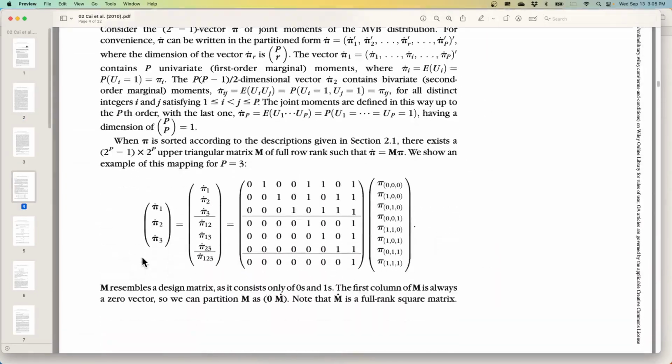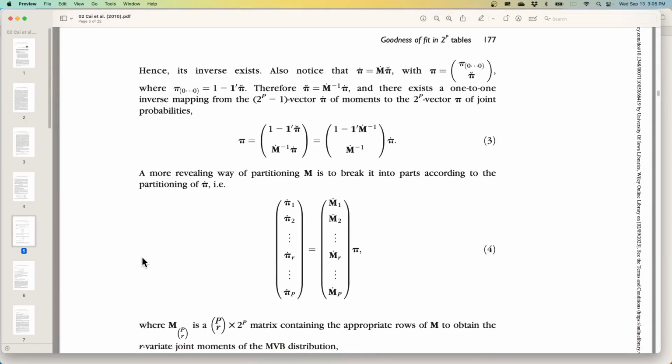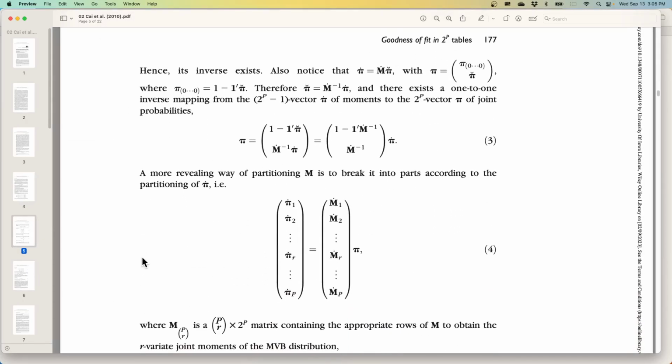But here's what comes next. You notice that they took off the probability of 0, right? Because it sums to 1. All that whole vector sums to 1. So the probability of having like the 0 cell doesn't really need to be there. But then